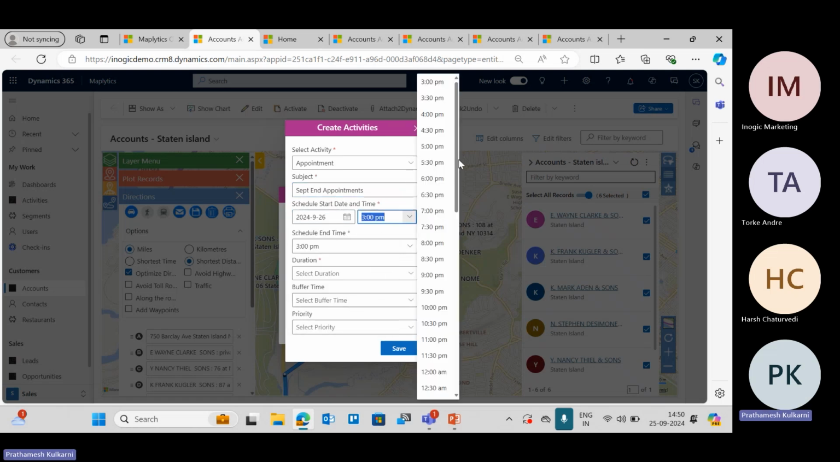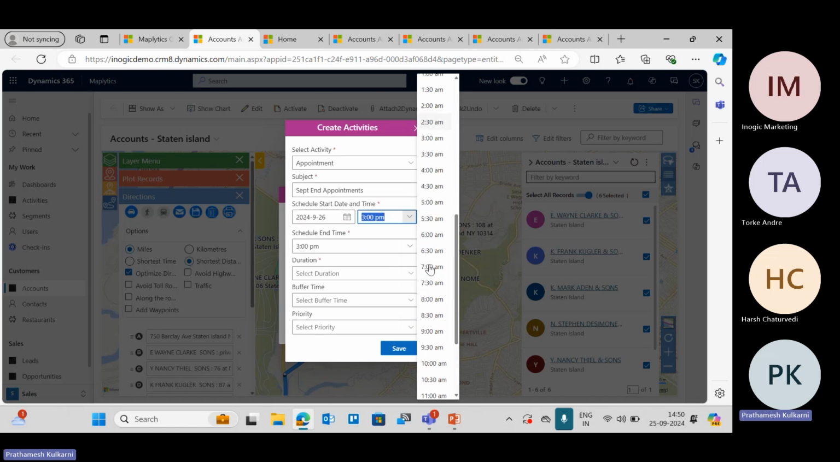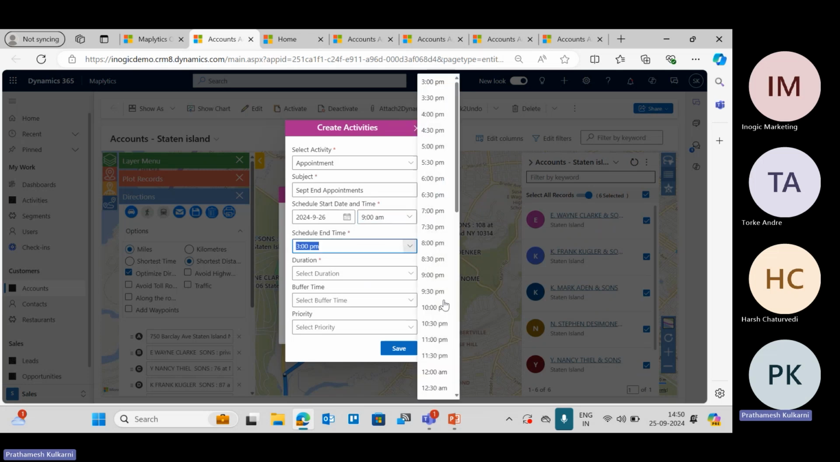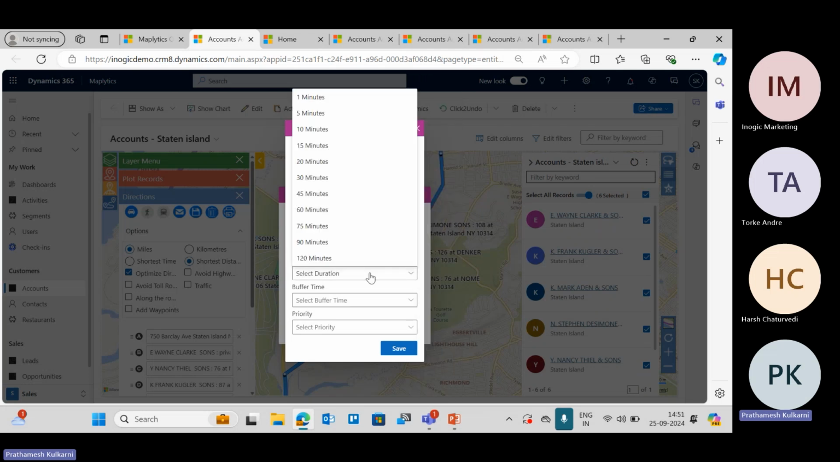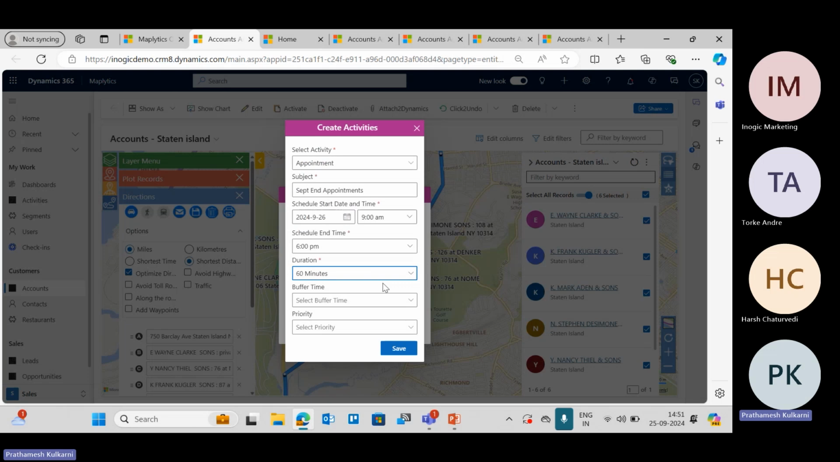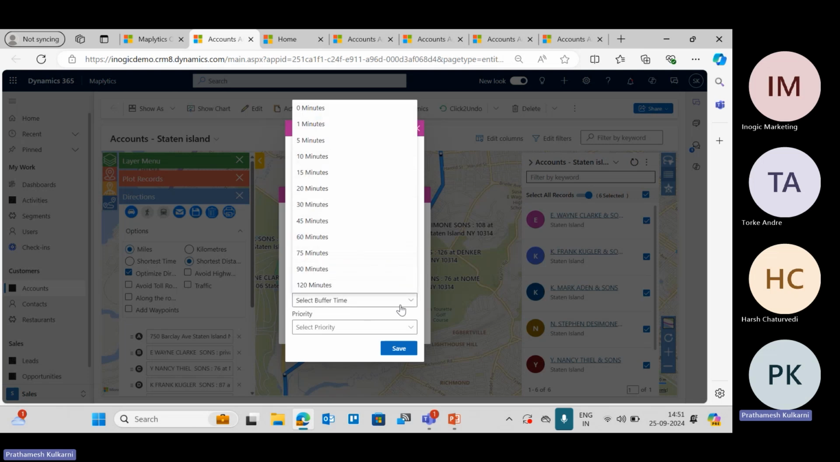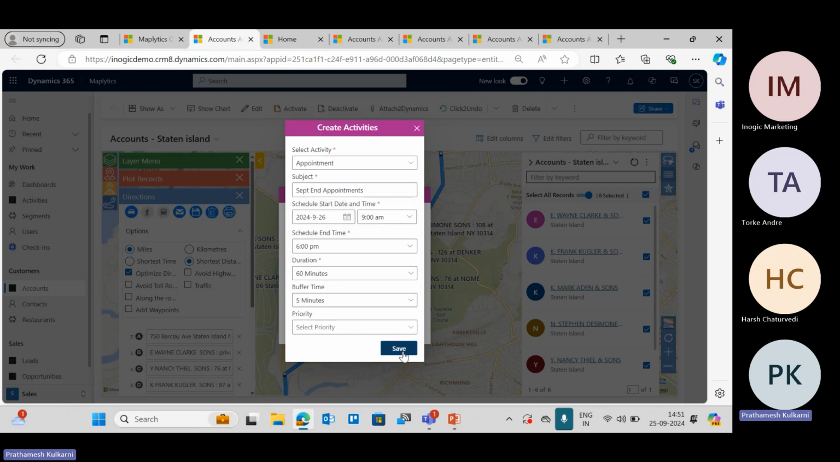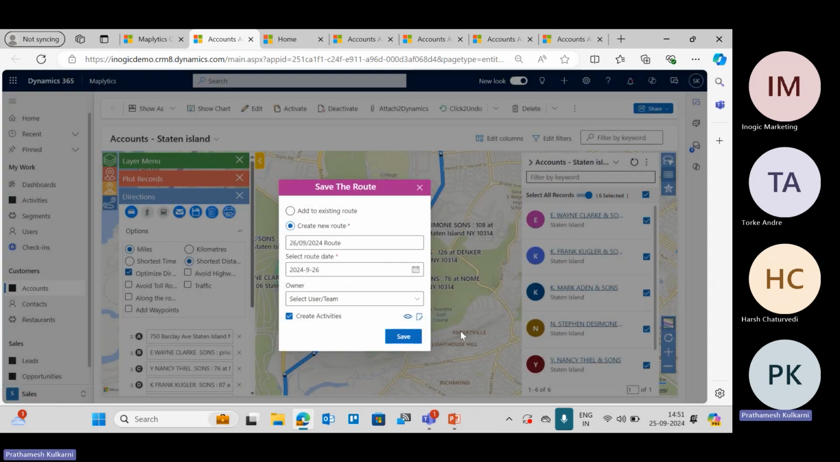The start time is going to be 9 a.m. So this is basically the time at which I'm going to start my day. The schedule end time is the time I'm going to end my day. So this is for 6 p.m. The duration is the amount of time I will require for every appointment. Over here, I will select 60 minutes. The buffer time is any time that I will require, say for preparation for the meeting. In this case, I'll just select 5 minutes. Now upon hitting the save button,